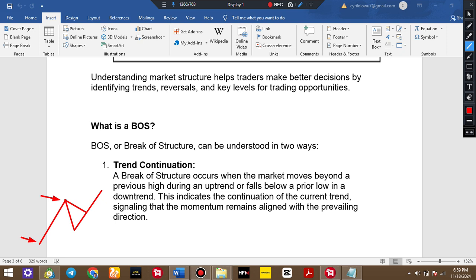Now, the major thing I want you to understand here is that in trend continuation, we are not expecting to see an opposite BOS. If the price is going to be bullish, all we want to be seeing is BOS to the upside, not BOS to another side. And if the price is dropping, all we want to be seeing is BOS to the downside, not BOS to the upside. Is that clear? So if this trend will continue moving towards the upside, we expect price to make a pullback a bit